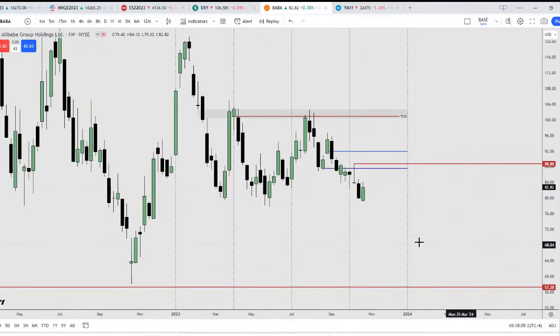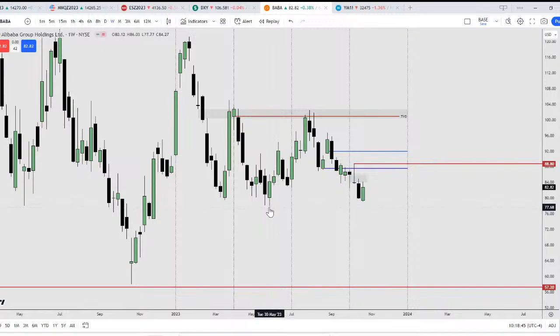So for Baba, we have volume imbalance here, so naturally it's going to gravitate back until it's ready to move lower. Okay, so right here, this is the volume imbalance on the weekly time frame. So as long as this high stays intact, I am bearish. Once this high is taken out, I have a soft invalidation, and once this level is closed above, then that is my invalidation, and it's probably going to run the highs here. Okay, so that's my analysis for Baba.